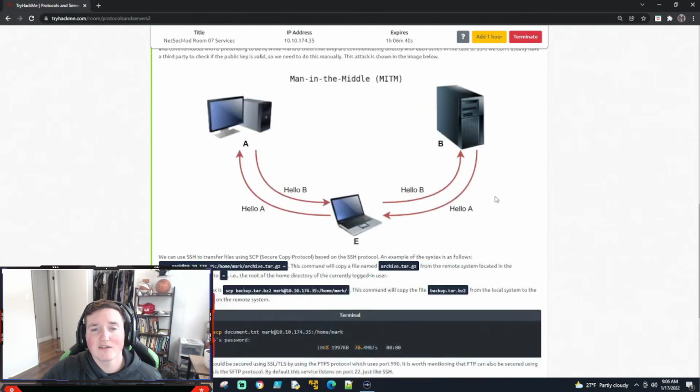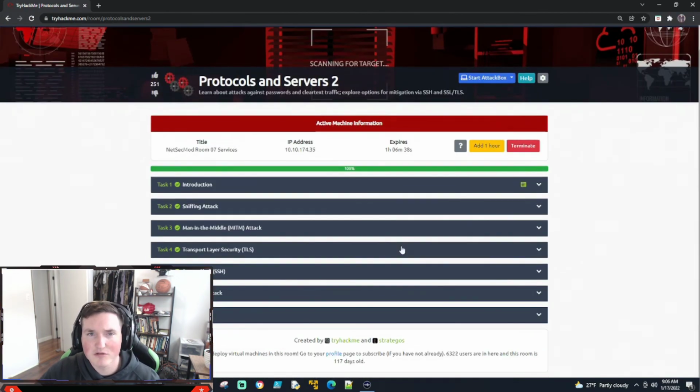Hopefully you guys like this. I'm going to try and do that. I'll try and get a better process for it. Maybe just take screenshots and put them up at the end. I don't know. But hopefully you guys like this box. It's pretty simple, but it's also very important, especially the password attack, because that's something you're going to see a lot of times in these boxes. Especially on TryHackMe, they do a lot of brute force, a lot of dictionary attacks just to get your foot in the door, and then they'll have you pivot with a different type of account.